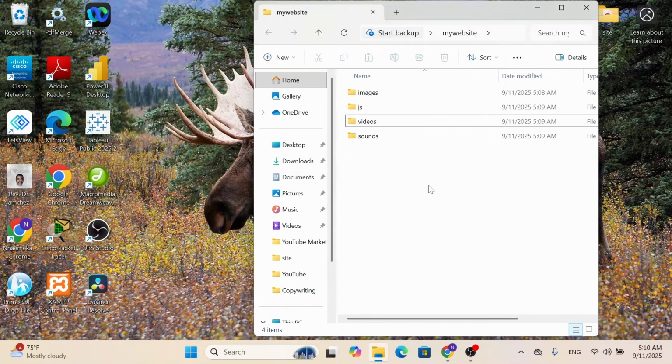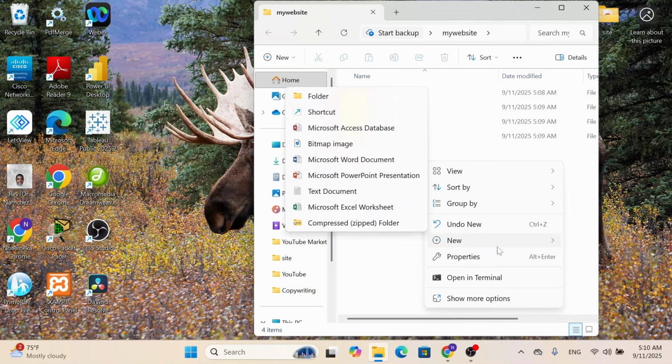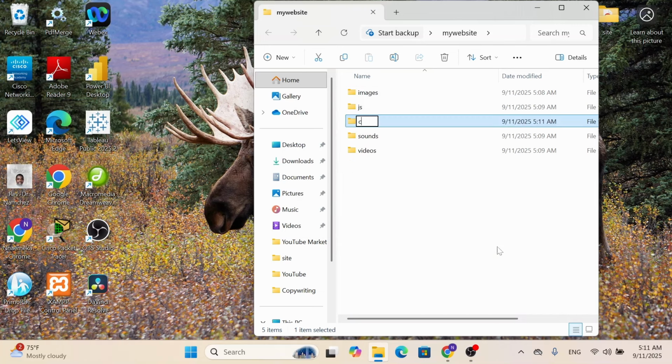Let's create one more folder and call it CSS for cascading style sheet. Now we have 5 folders: images for storing our images, JS for our JavaScript files, CSS for cascading style sheets for styling our documents, sounds for music,